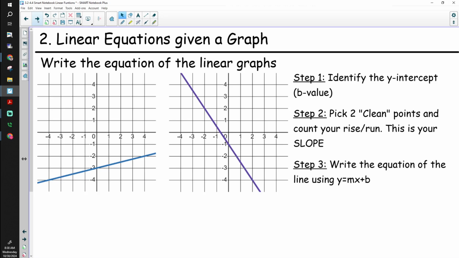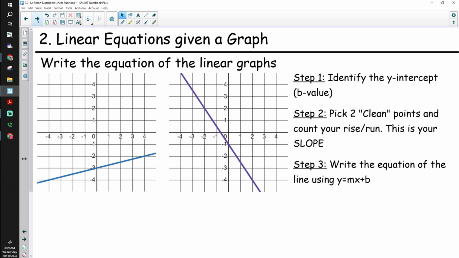By hand. To graph, or to write the equation of the line, you need 2 things. M and B. If you have those 2, you can write the equation. We're going to always start by finding the B value. And the B value represents what? Remember, like intercepting the ball in football. Look down your page. B represents the